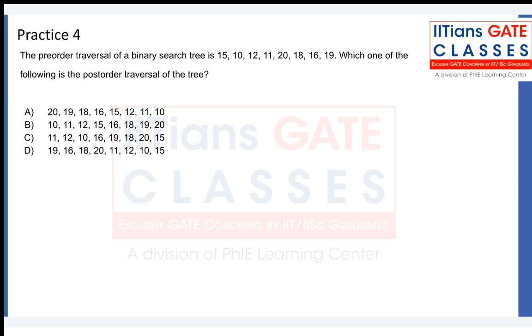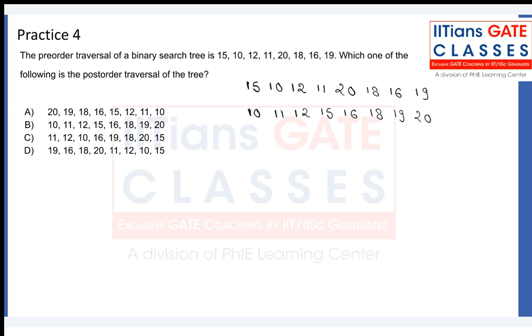Okay, so you're given a pre-order traversal. So it's 15, 10, 12, 11, 20, 18, 16, 19. Now it's a BST. Okay, it's a BST, binary search tree. So what you do is if you sort this array, you get the in-order, because the in-order of a BST is sorted. So